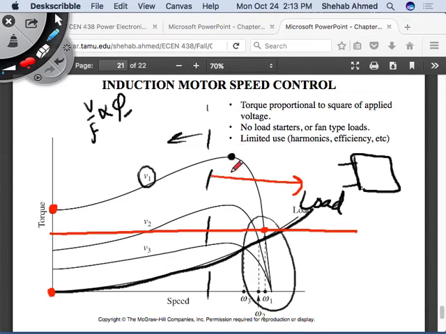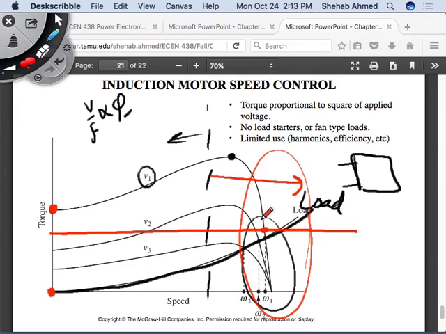If I go beyond the peak for a little bit, then it's my stable region. This is my stable operating region. All of this is my stable operating region. So fine, this torque curve will intersect with my motor's torque speed curve here. Then you're fine. But if, in this case,